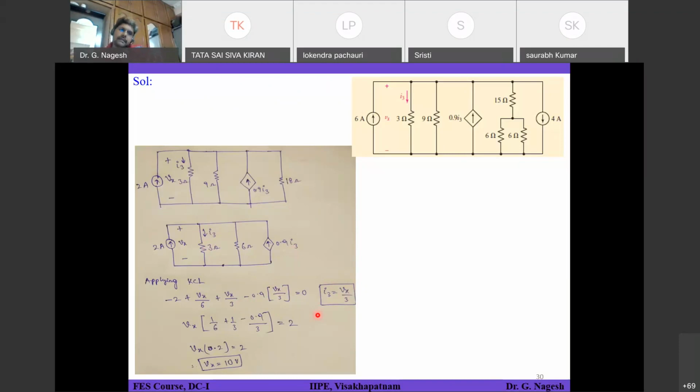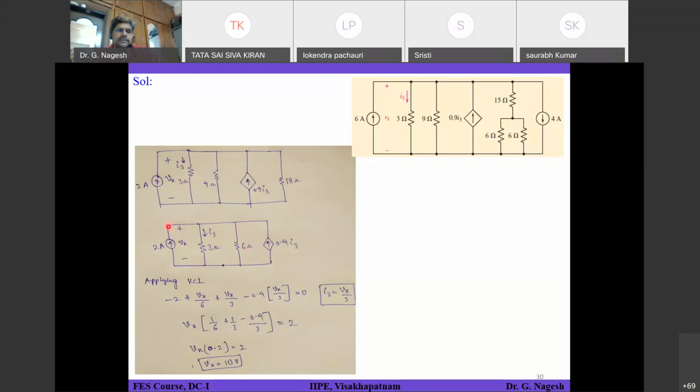Why I have not combined is, I can combine and solve, but finally if I ask you what is I3, again you have to break it. You understood? If you combine 6 and 3, it will be 6 times 3 is 18, divided by 9, you will get 2 ohms. Then you can find out Vx, not an issue. But if you want I3, again you have to break it. That means you have to come back to this circuit only. Even if you reduce the circuit to a simpler form using 2 ohms, you should come back to this fashion, then only you will know what is the current flowing into this 3 ohms. So that's the reason I have not simplified to that much extent.